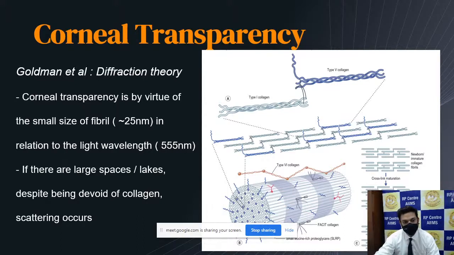In the form of lamellae, the posterior two-thirds of the stroma. The percentage of keratan sulfate is higher. 2.23. Keratan sulfate is much more in the anterior stroma, and this has a higher retention of water.